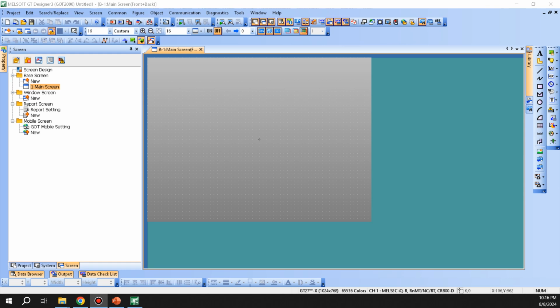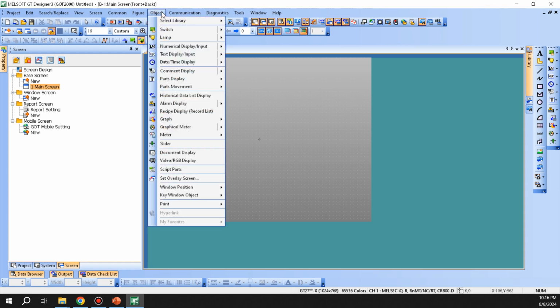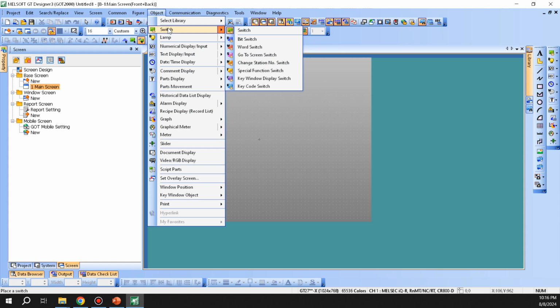Hi everyone. In this lecture, we'll go over what options are available under the Object menu, and we'll start with the switch option particularly. When you go over switch, you have an option where you can just make a switch, or you can pick from either of these switch options. A bit switch basically means you can use a bit to switch, and then a word would be an int, double int, or something like that that you want to switch, and go to screen is more like a